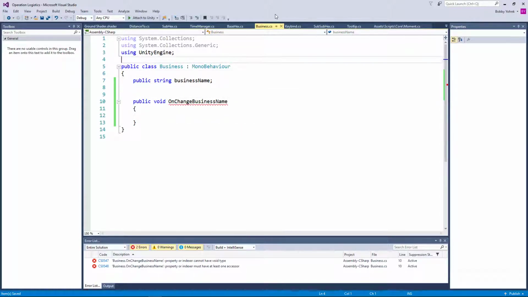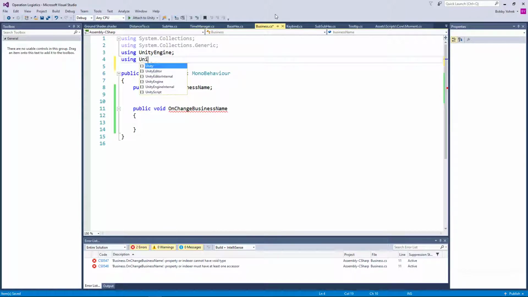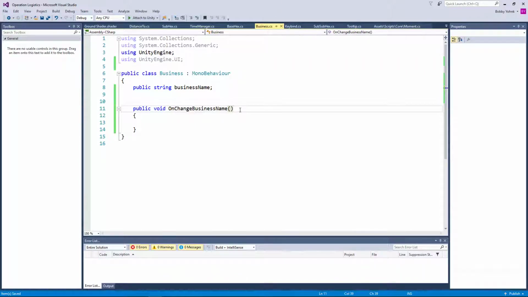This is definitely also going to be needing using UnityEngine.UI, because the business class will be responsible for driving a lot of the UI elements, most likely. This is where our core game logic is going to be, essentially. So, onChange business name,